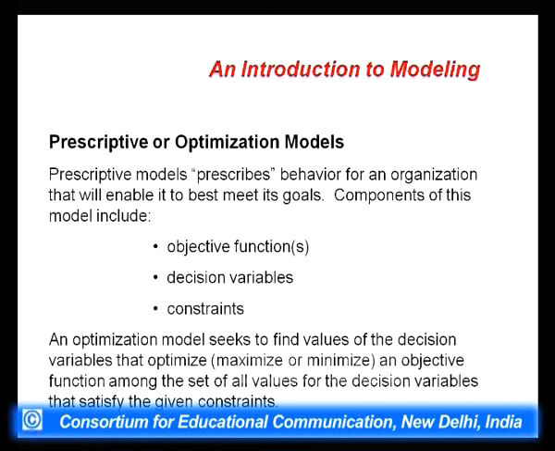Prescriptive or optimization models. Prescriptive models prescribe the behavior for an organization that will enable it to best meet its goals. Components of this model include what? Objective function. The function which we want, whether it is maximization, minimization or optimization, is known as the objective function. And then there are decision variables, the variables which can be varied, which can have a variable value attached to them,